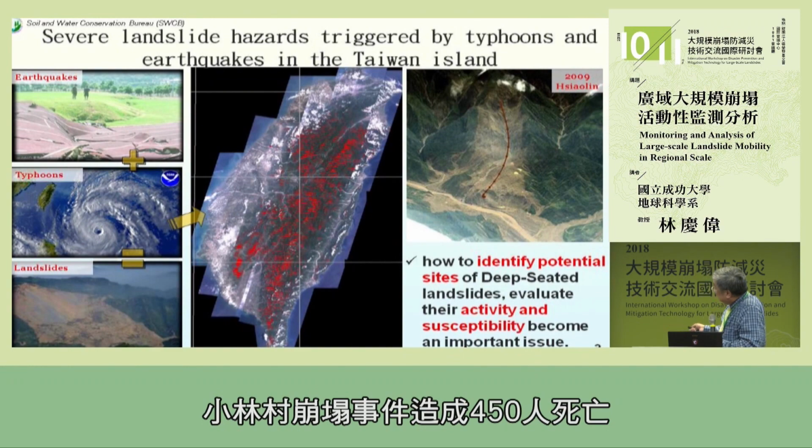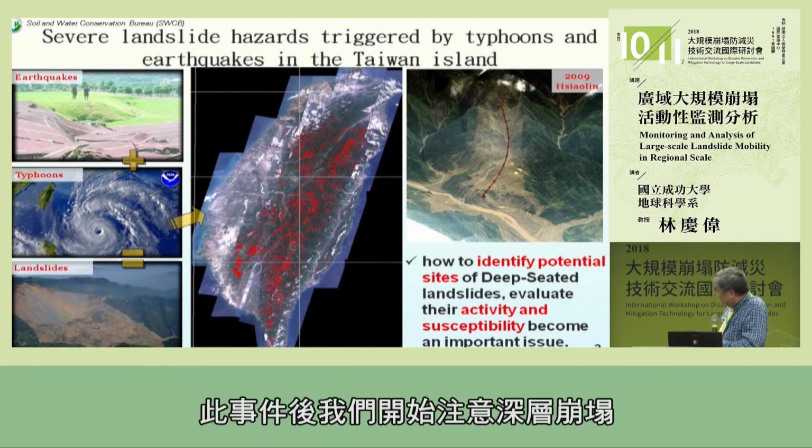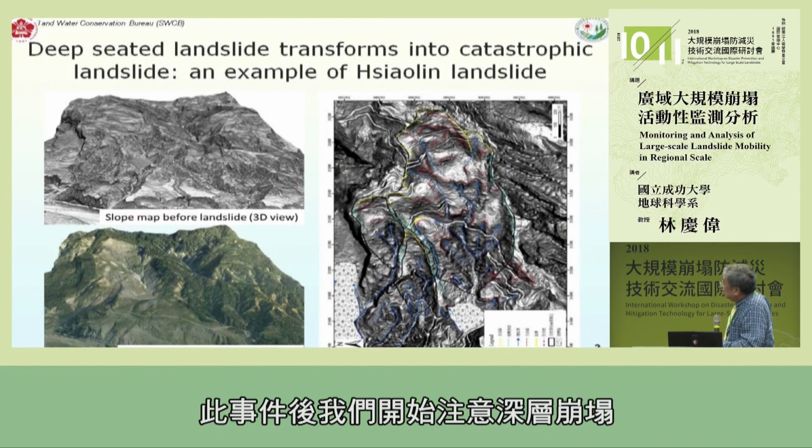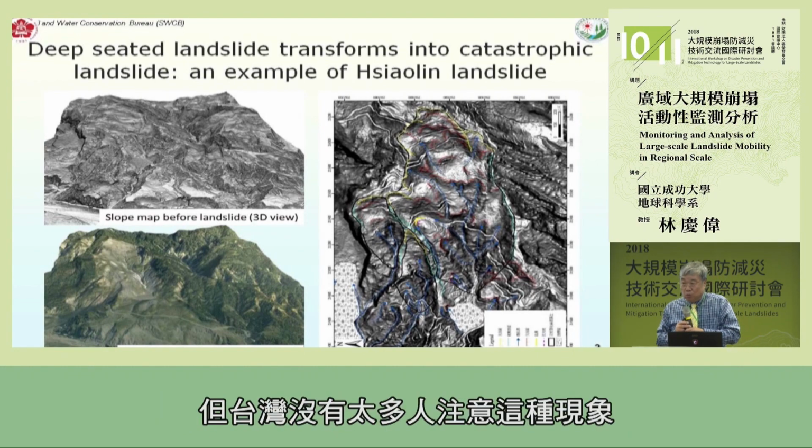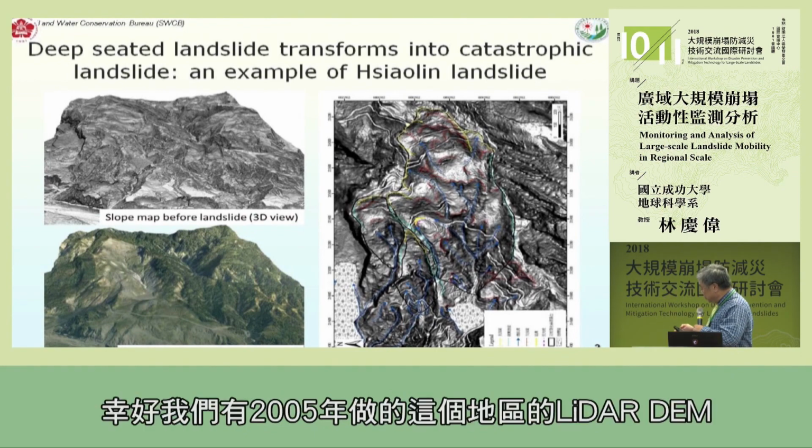After this event, we started to pay attention to deep-seated landslides. Before the Shaolin landslide, we knew of deep-seated landslides, but not many people paid attention to this kind of phenomenon on the island. And fortunately, we have the LiDAR DEM